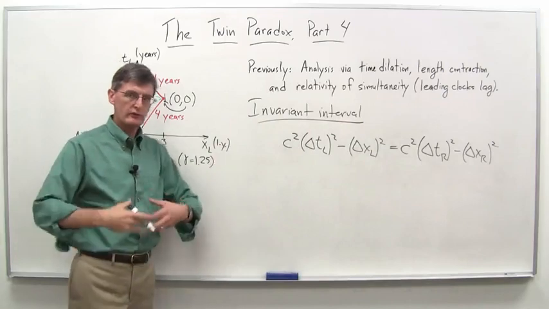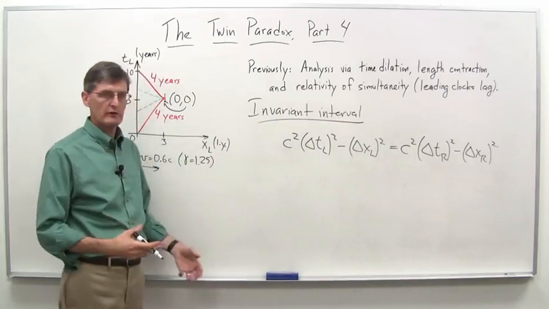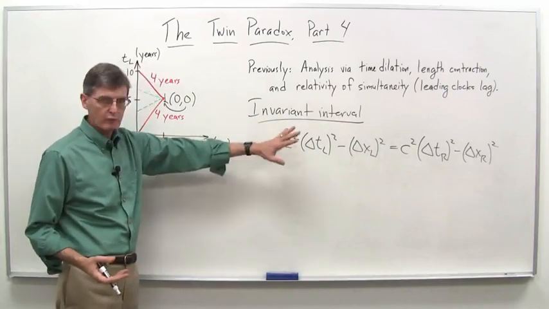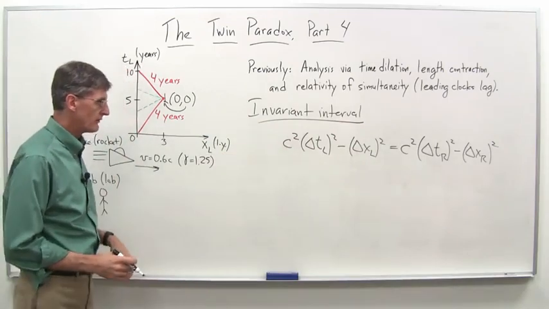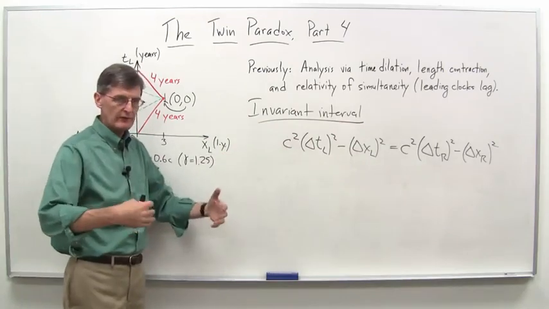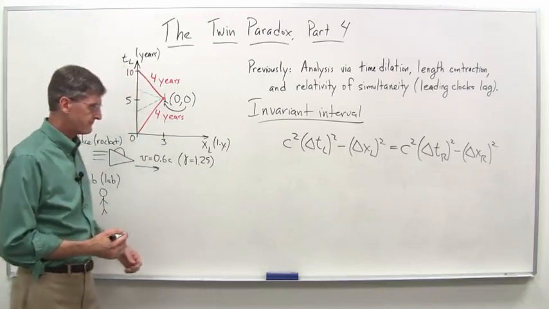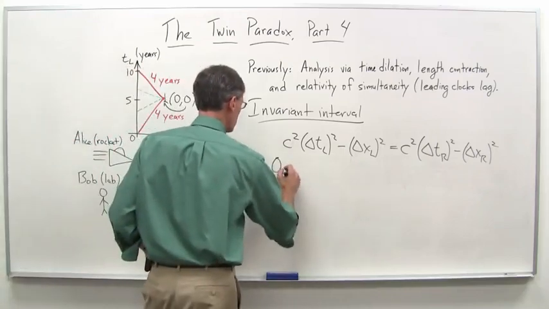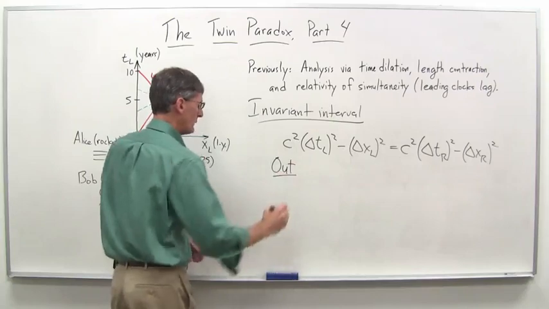And again, what's nice is that if we're using everything in light years per year, or light seconds per second, then c just becomes 1. So we don't have to worry about the c's there, and we're just looking at the difference in the time coordinates. And so for the outbound trip,